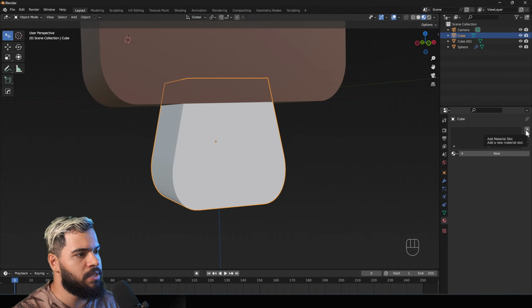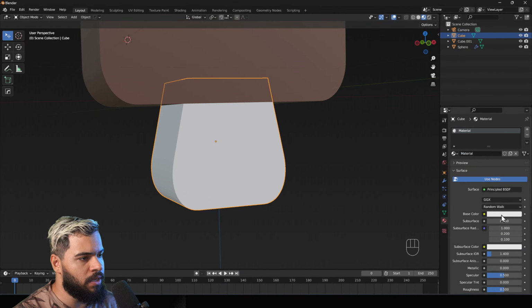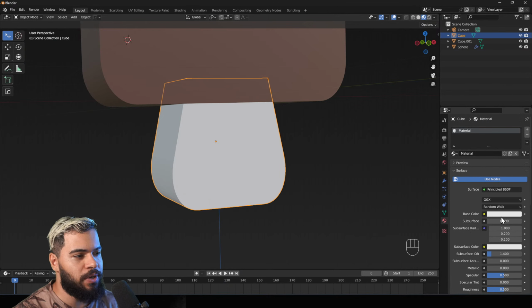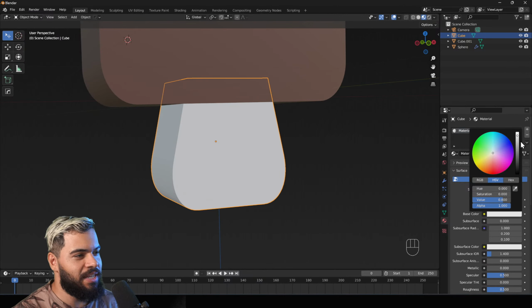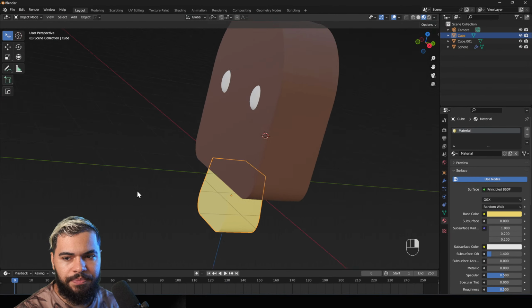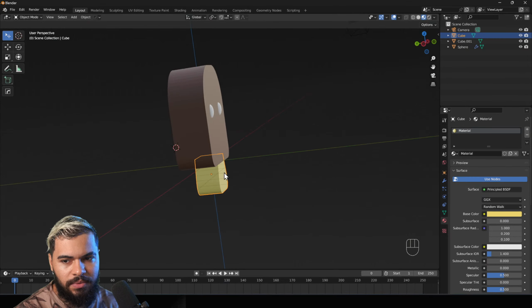I'll click the plus icon to add the material slot, click new, and then I'll click here on this color. Please don't worry about all these many options. I know if you try to remember everything, you're gonna struggle. Let's keep it simple. I will make this something more yellow. Something like this. Like that. It's a nice one.